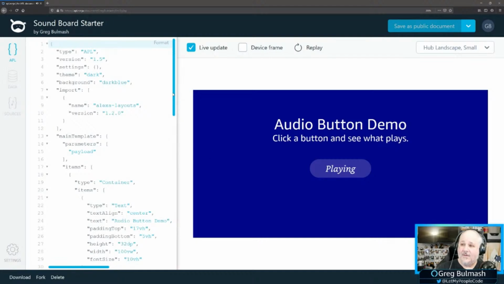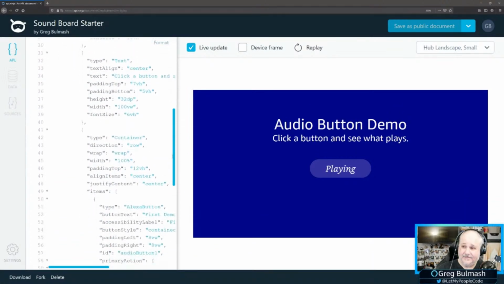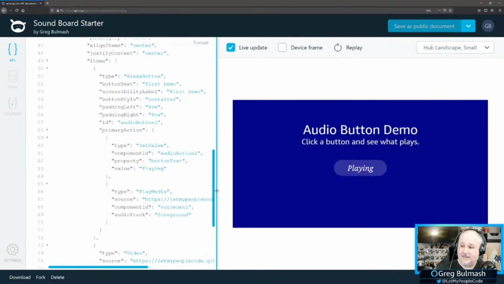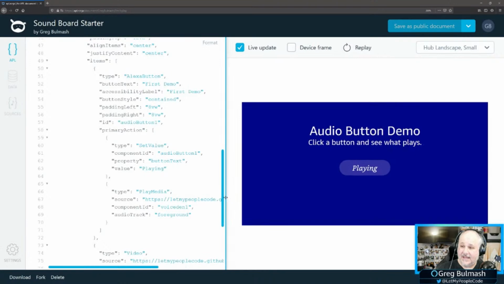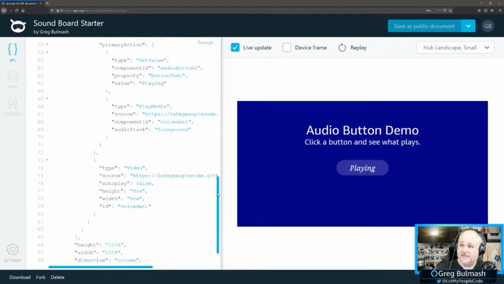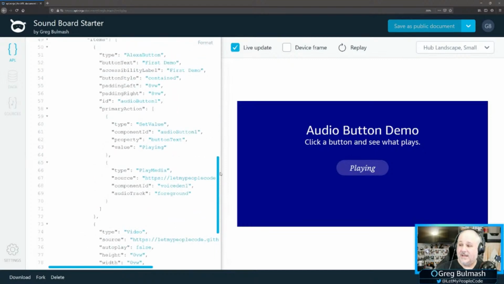So the first thing that I want to do, notice how it switches to playing when I start playing it. But then it just stays at playing.